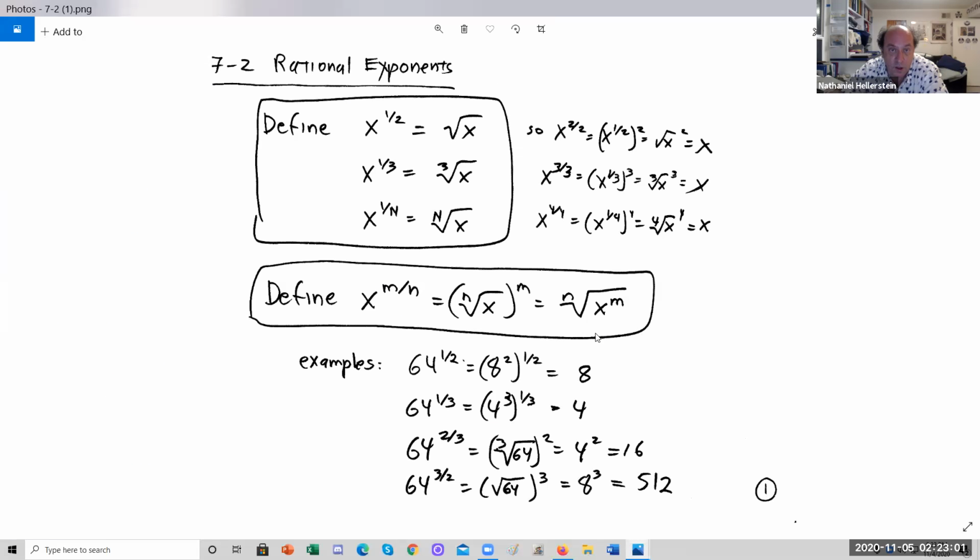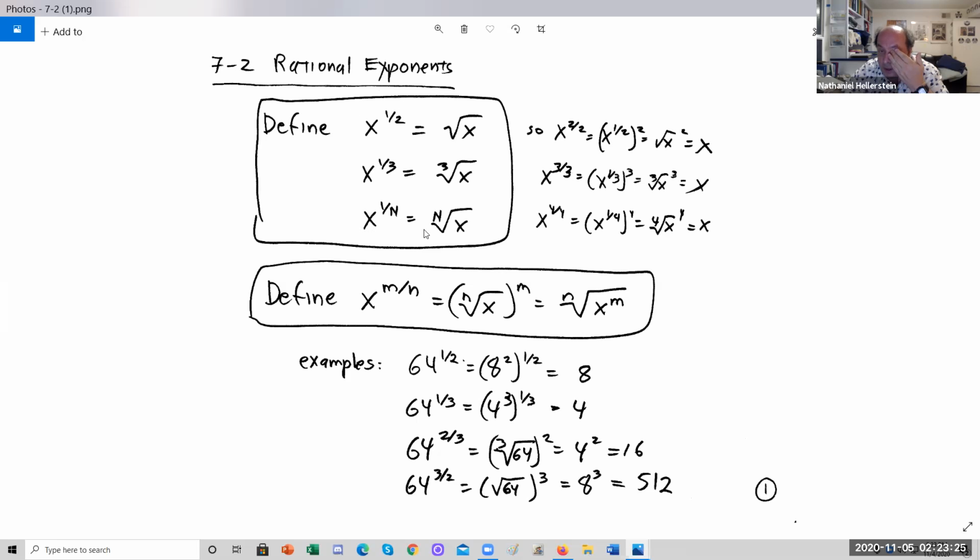7.2 covers rational exponents. Now remember how I said that a square root turns a half power. Well, the square root of x, we'll call it x to the 1/2 power. Cube root of x, we'll call that a 1/3 power because it takes 1/3 powers. And nth root, we'll call it x to the 1/n power. So we can define